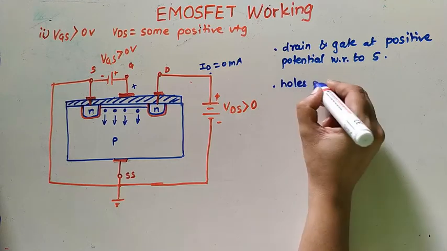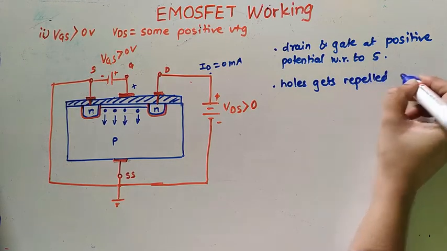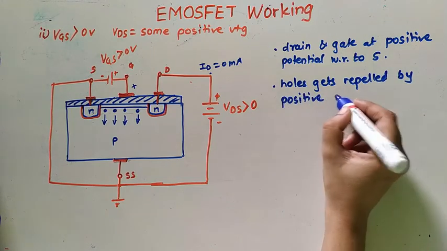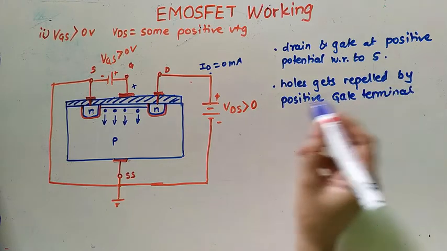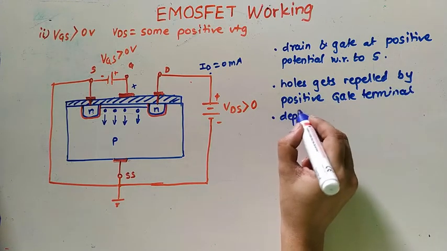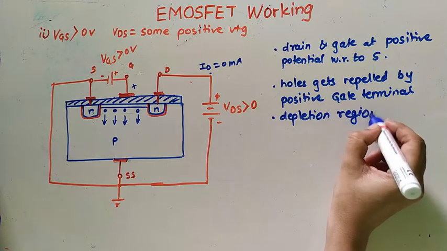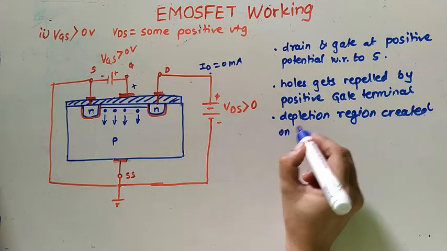Holes get repelled by the positive gate terminal, and a depletion region is created on the